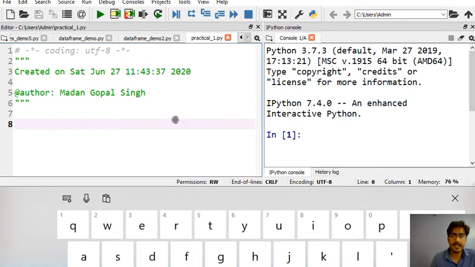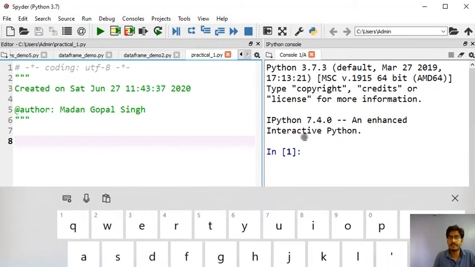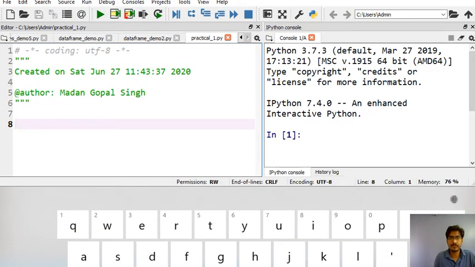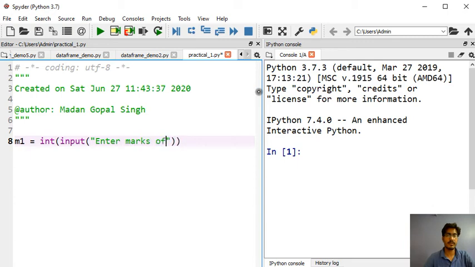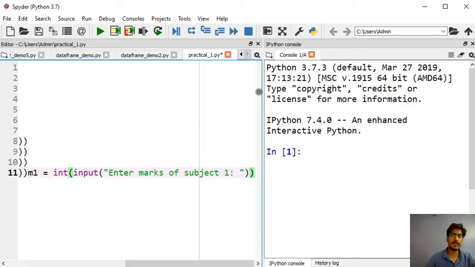Now I am writing some code here. First of all, we will create 5 variables. m1 equals int input, enter marks of subject 1, and in the same way we will create 5 variables.